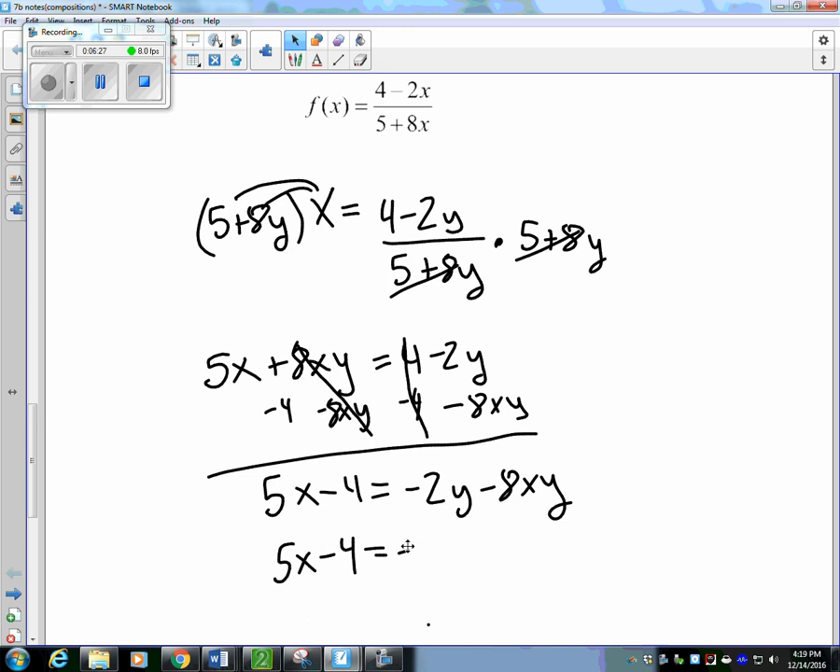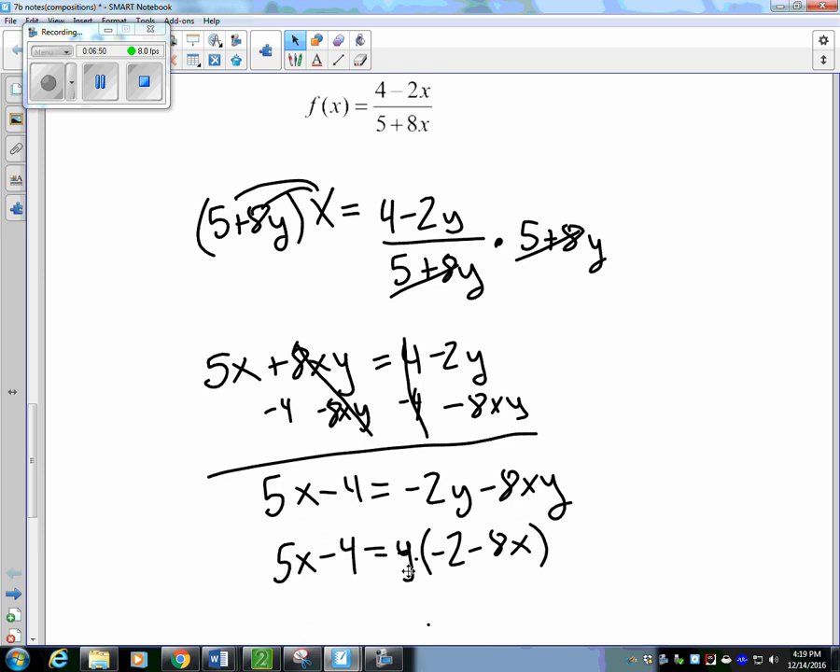Actually, let's not take the negative. All we really care about here is the y. So let's just take the y out. You've just got to get the y by itself. So negative 2 minus 8x. So now it's y times negative 2 minus 8x. The reason why I didn't take out a negative or a negative 2y is I've got to get the y by itself,